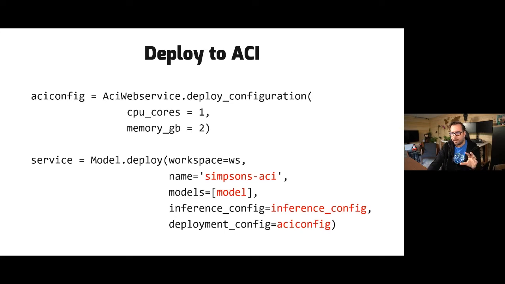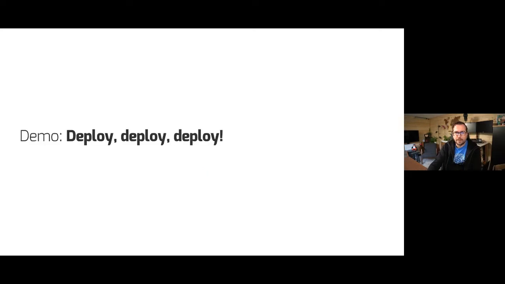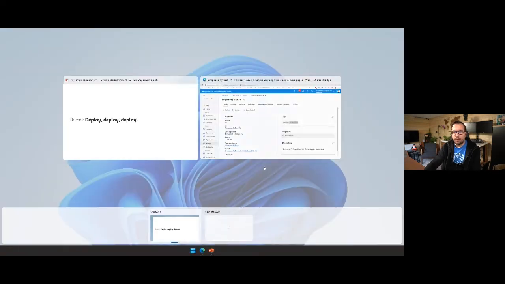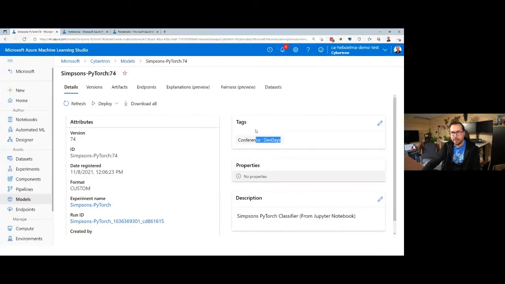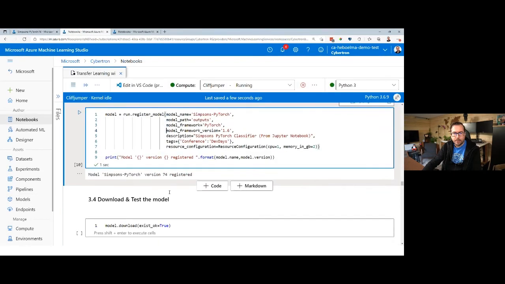Wait a few minutes, and then it is there. Deploying to AKS, the only thing extra you have to do is connect to your AKS compute target. Let's have a look at how we can actually deploy things. So we have our model here, and now we go back to our